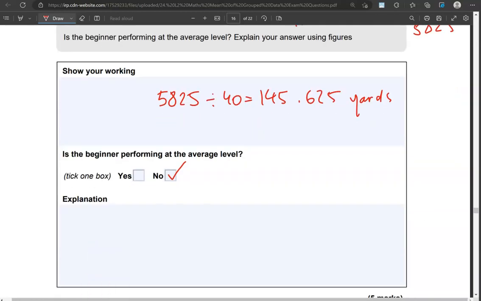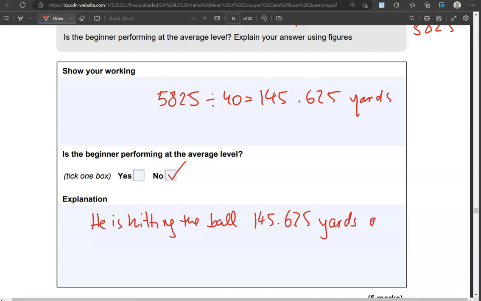We're going to say he's hitting the ball 145.625 yards on average, which is below 150 yards,